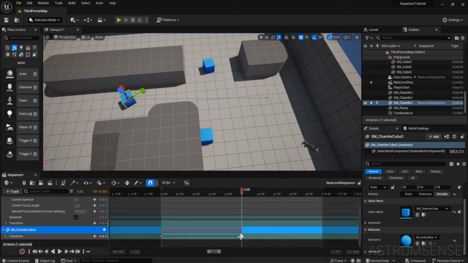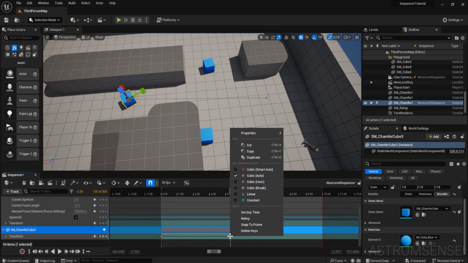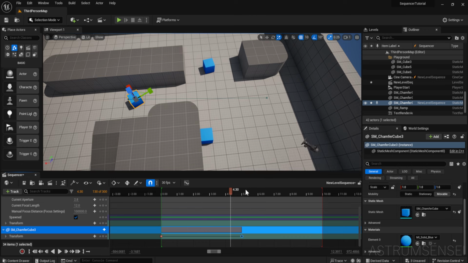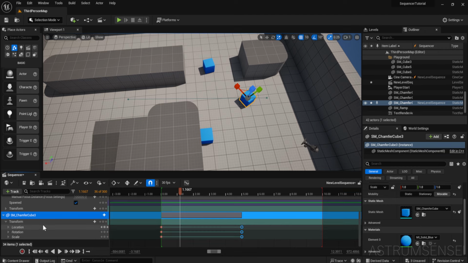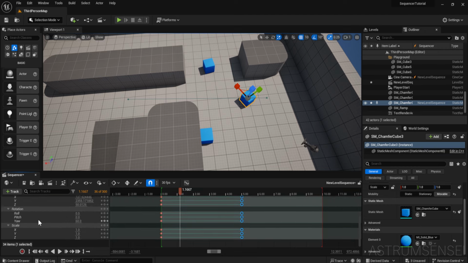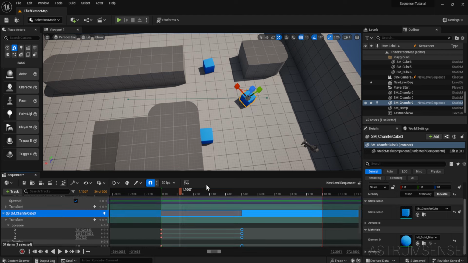If in case, you know, you put it at some random point and you want it to be 5 seconds, you just go here, make time 5, and this will make it accurately at 5 seconds. Also, you can change the transform over here, which is more useful for changing location, rotation, and scale. So I'm just going to do a little thing where the cube actually moves like this before it